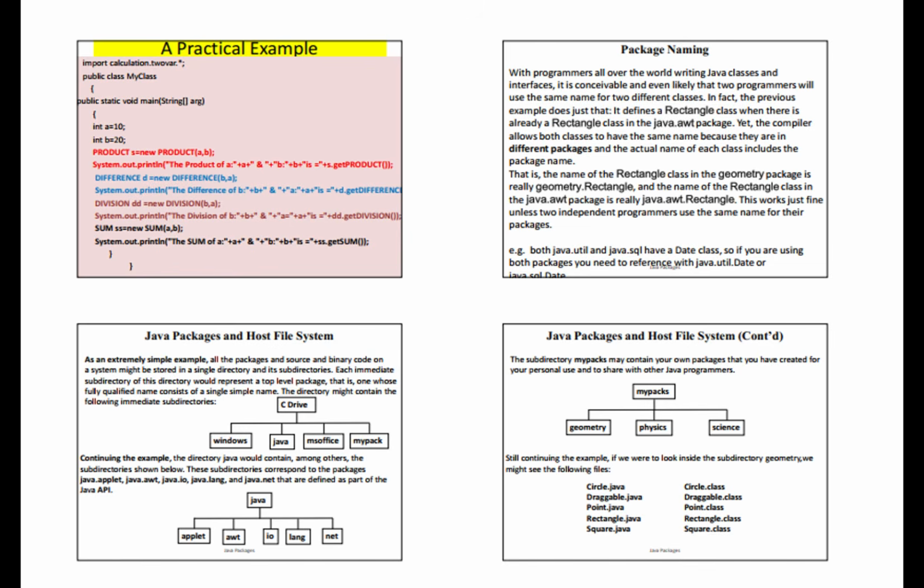A practical example. import calculation.tovar.*; public class MyClass { public static void main(String[] args) { int A = 10; int B = 20; Product S = new Product(A, B); System.out.println("The product of " + A + " and " + B + " is equal to " + S.getProduct()); Difference D = new Difference(B, A); System.out.println("The difference of " + B + " and " + A + " is equal to " + D.getDifference()); Division DD = new Division(B, A); System.out.println("The division of " + B + " and " + A + " equals " + DD.getDivision()); Sum SS = new Sum(A, B);